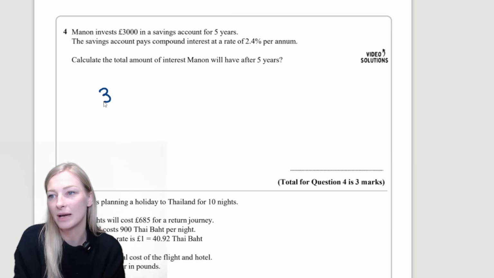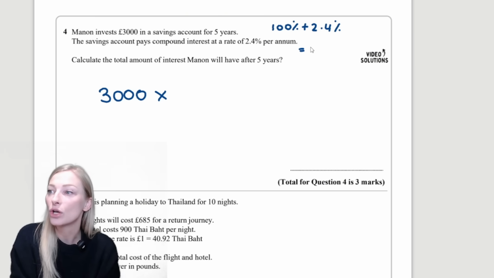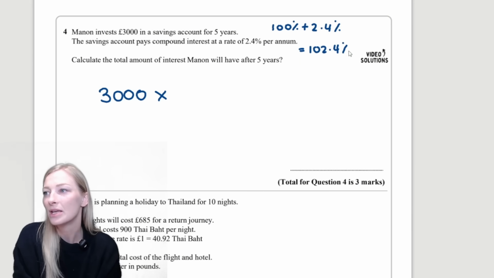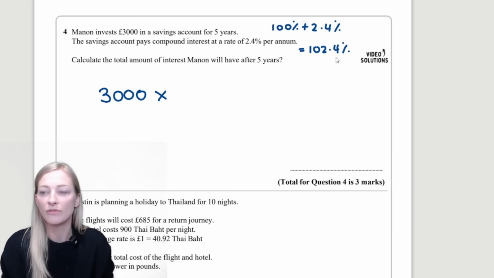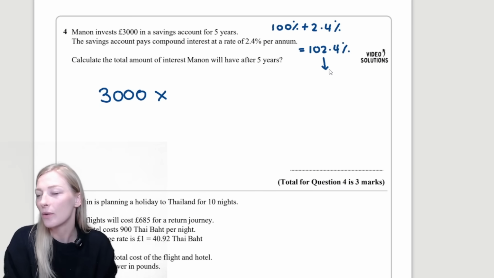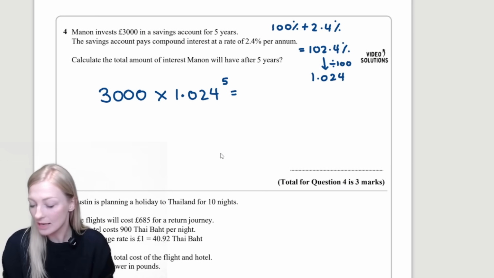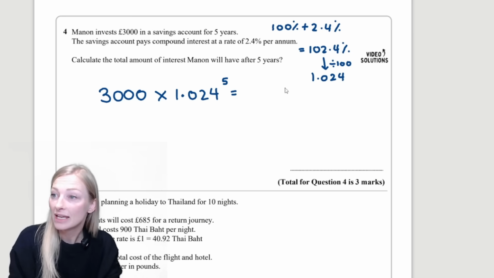Right, we're going to start with £3,000 and we're going to multiply it by, now you want 100% of the money and an extra 2.4%. That means in total we want 102.4%. But if I multiply 3,000 by 102.4, this is going to be massive. So what I want to do is change that to a decimal multiplier. To do that, we divide by 100 to go from percentage to decimal. So 1.024. 3,000 times 1.024, and then we raise that to the power of the number of years. So 3,000 times 1.024 to the power of 5 gives me